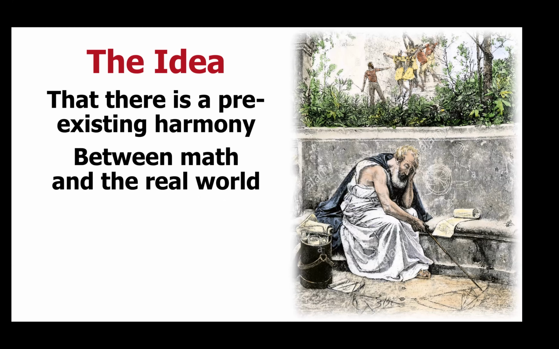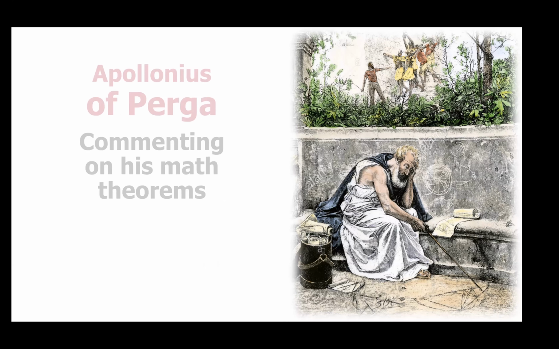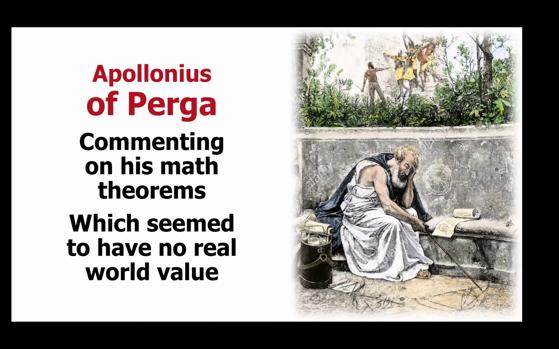Now, we're going to do a little history here, sort of trace forward. The idea that there's a pre-existing harmony between math and the real world has been around a long time. It is something discovered by the ancient Greeks. You've heard of the golden mean, algebra and geometry. Well, Apollonius of Perga, commenting on his math theorems, which seemed to have no value,